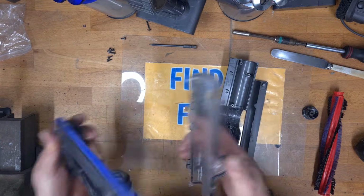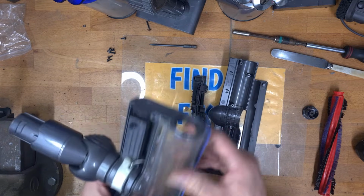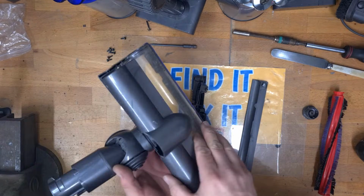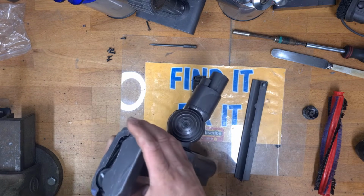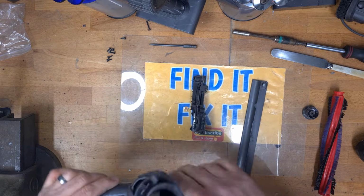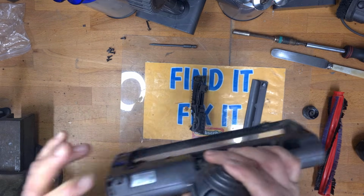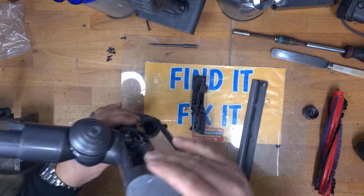We can now get the acrylic piece. It just comes in and sits over the top. With the acrylic piece in, you can now get your cover. Goes over the top of the whole lot. Just go around and slide this down into position. It should clip in at the back. So a clip there and a clip there, one each side. So clip the two clips in,